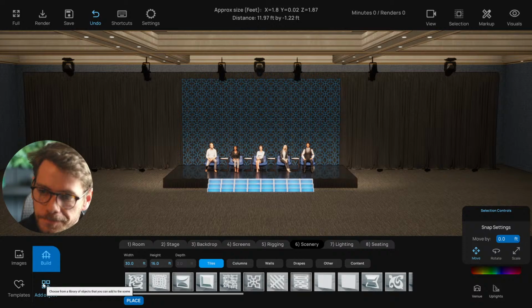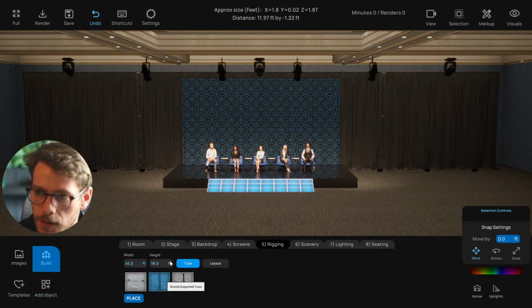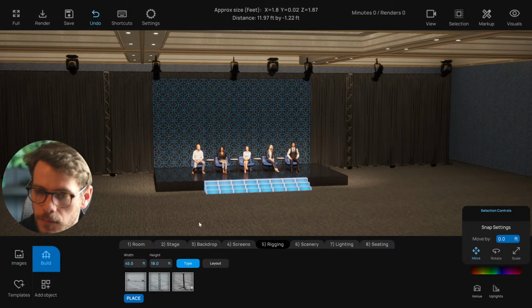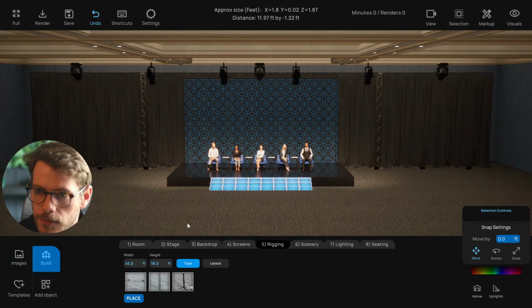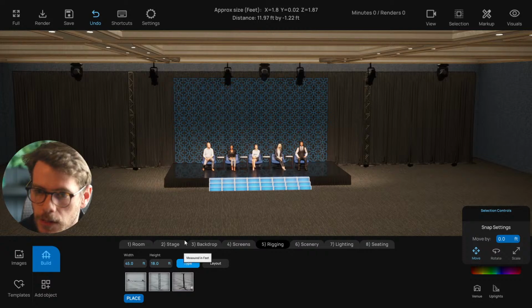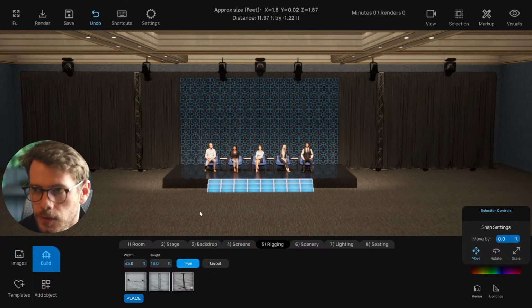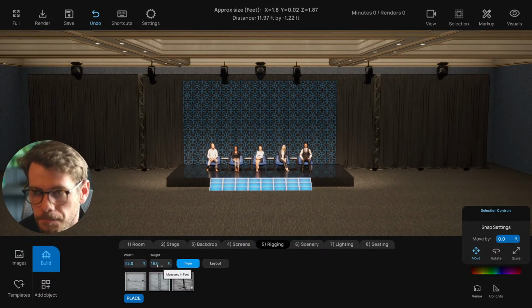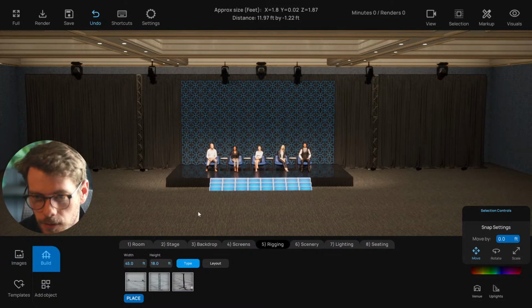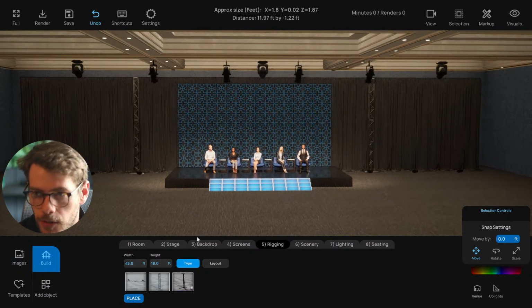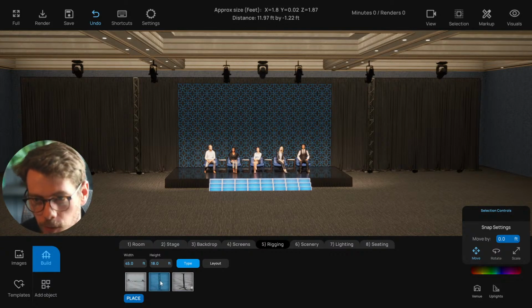So what I tend to do for that is ground support screens in those scenarios. You could do ground supported screens in different ways, but we'll just do it like this for the sake of this project. So I'm going to go to this rigging point here,